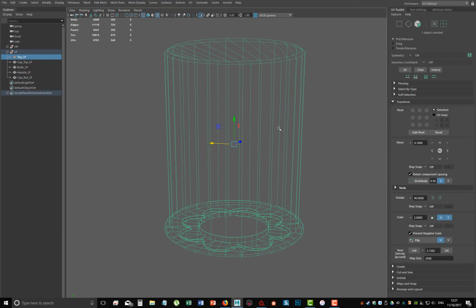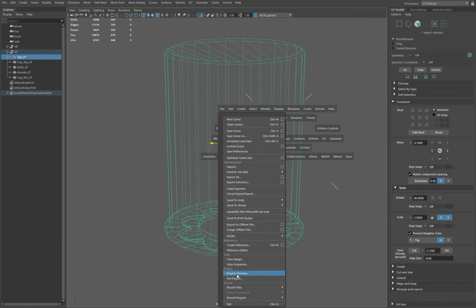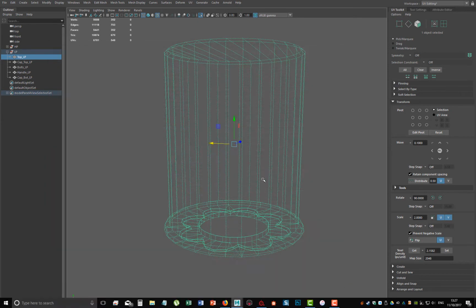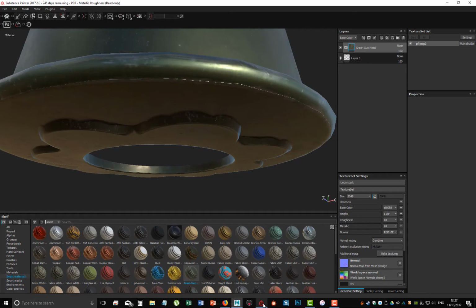But the thing to note is our low poly needs to be triangulated, so we've done that incorrectly. So we just need to go Export Selection again, and we need to triangulate our low poly. It's the high poly where we switch off triangulate. Export the selection, overwrite the low poly, back into Substance,